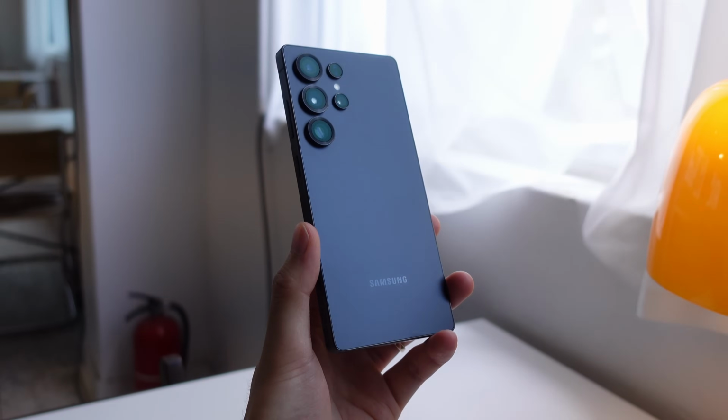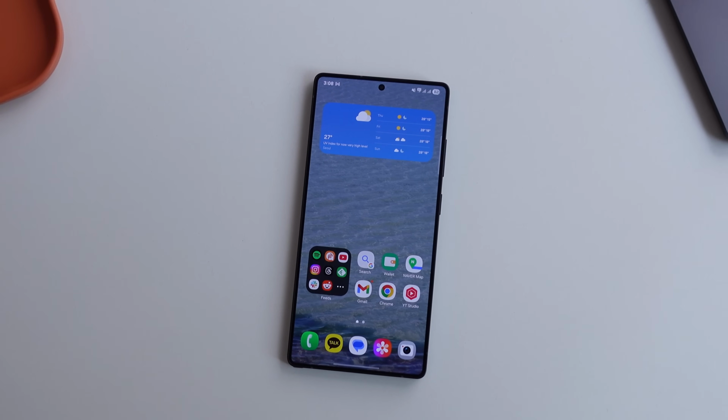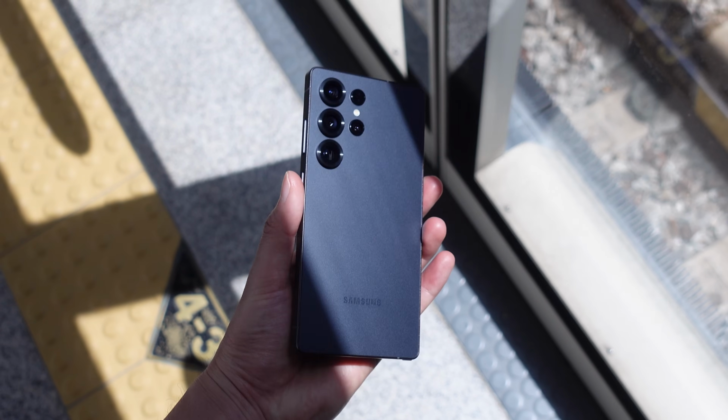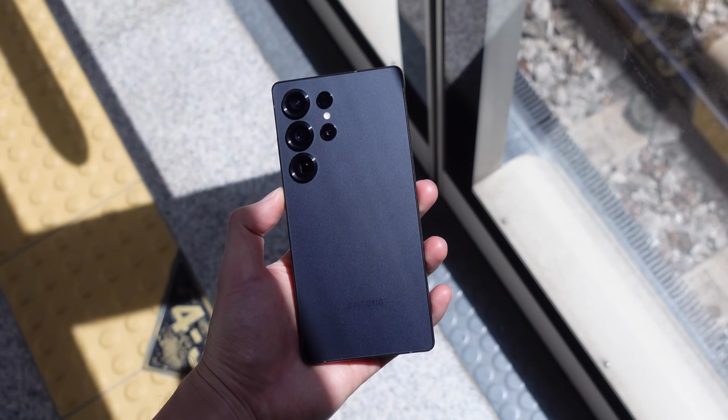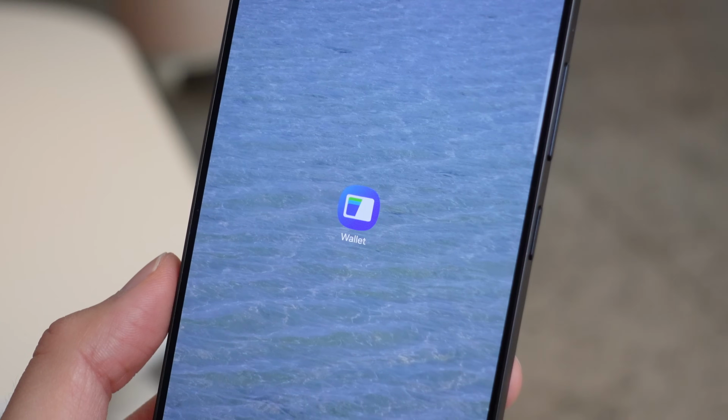and there are actually a ton of practical, useful advantages to using a Samsung phone here in Korea that not a lot of people outside of Korea know about. So let me take you through the major ones and show you how Samsung still has a strong chokehold on the Korean smartphone market. The biggest number one thing has got to be Samsung Pay, or now mostly called Samsung